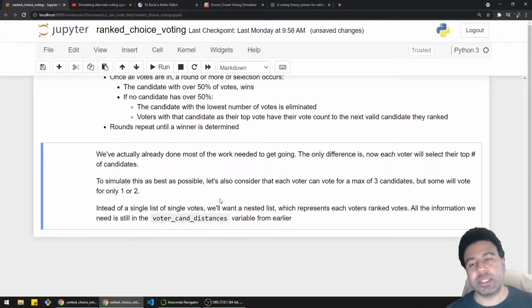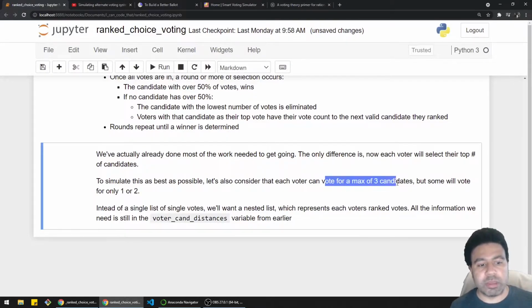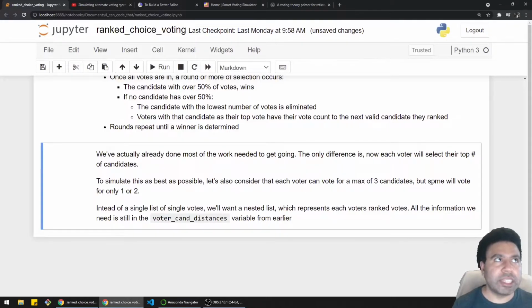So in order to simulate this as best as possible, I want to consider our 5 candidates, but limit the votes to a max of 3. So there's a max of 3 candidates that you can vote for, and you have to rank them. But you can imagine that, as realistically as I can simulate this, some people only vote for 2 people, and some people only vote for one because they're still stuck in the plurality system, right? So I want to simulate the fact that people may choose between 1, 2, or 3 candidates in their